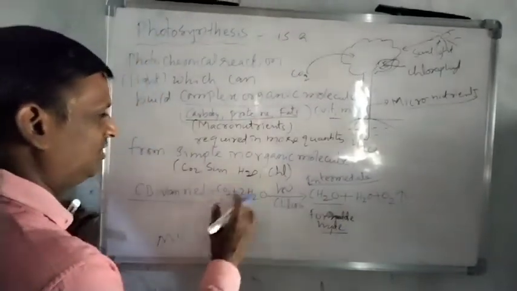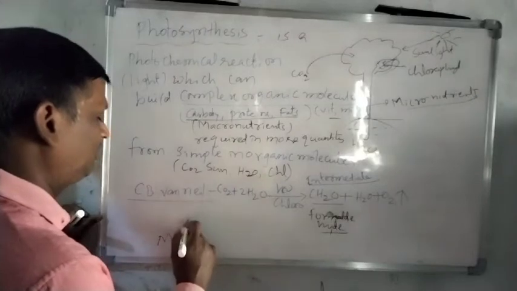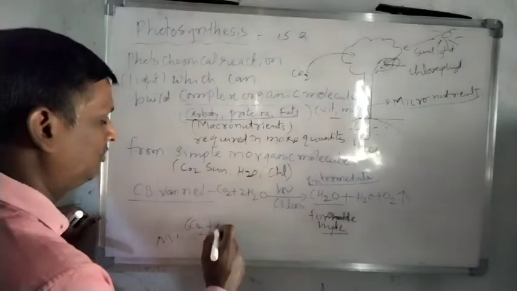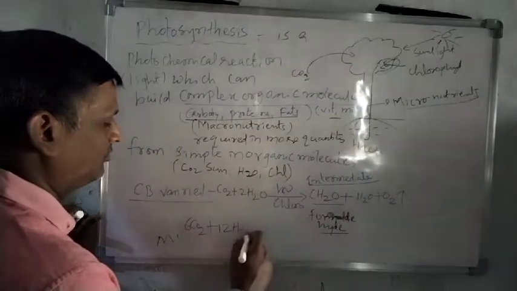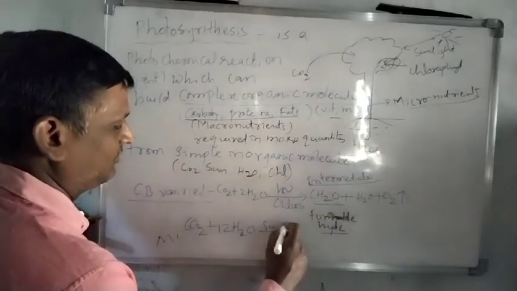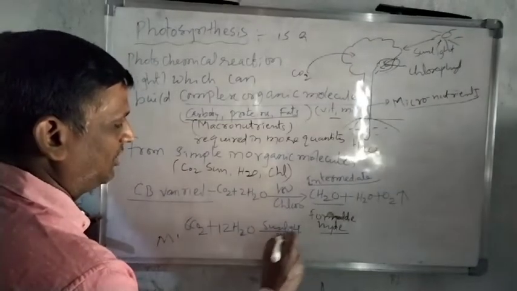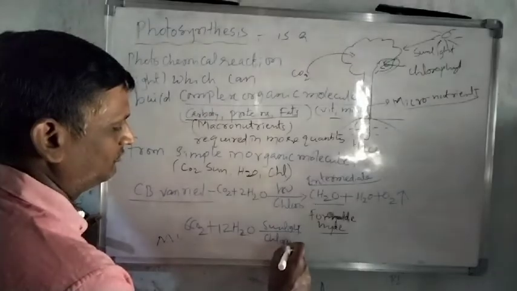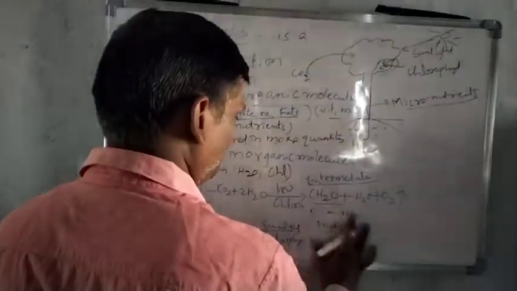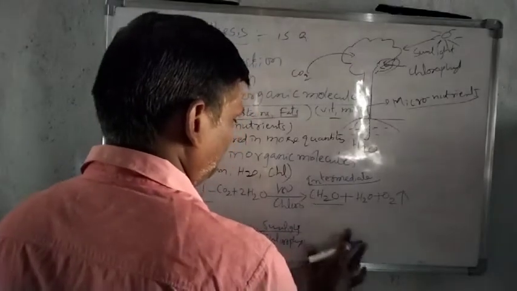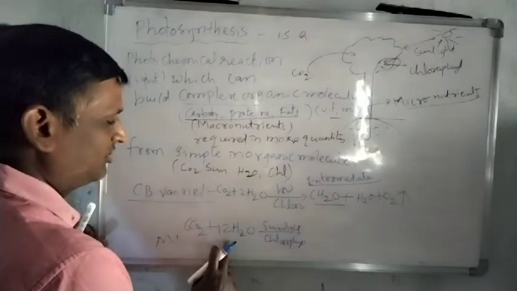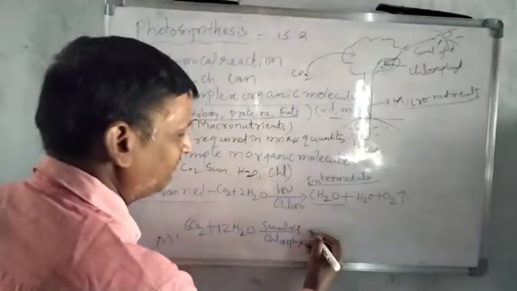Suppose for example 6CO2 plus, instead of 2, if we take 12H2O, then sunlight and chlorophyll. When we take 6 moles of carbon dioxide, 12 moles of water, sunlight and chlorophyll, here we can get